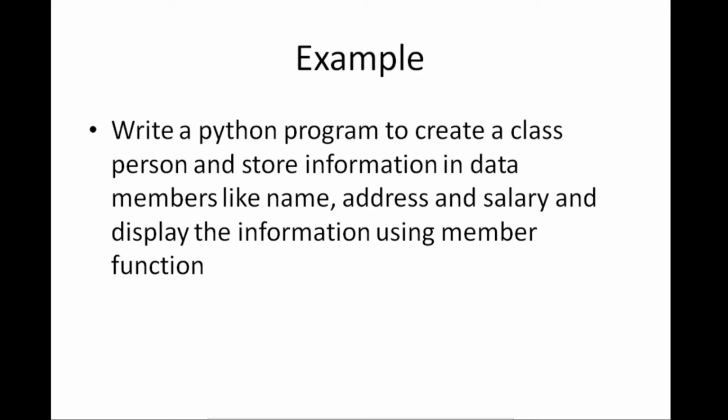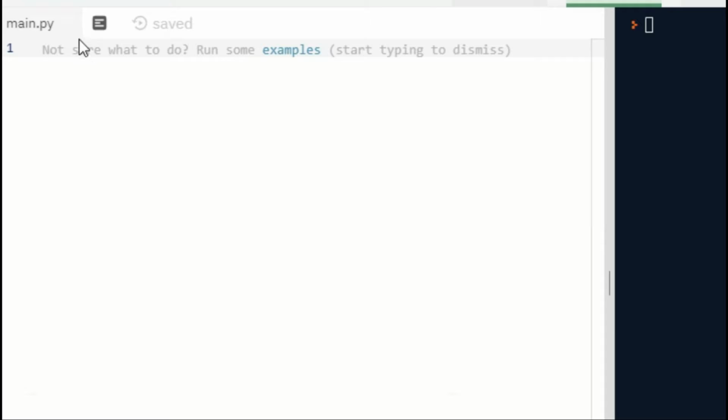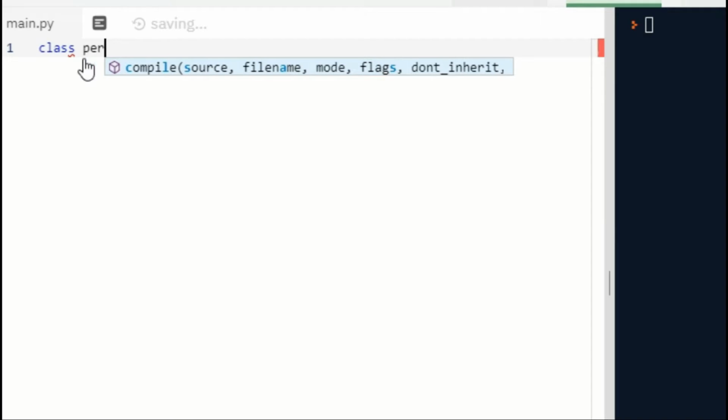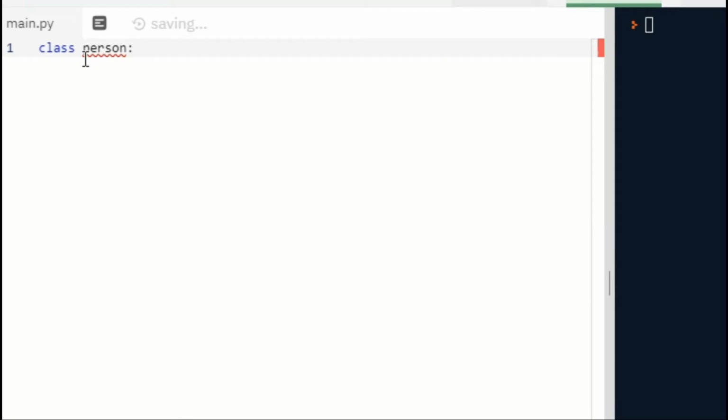Let us have a simple example where we are going to write a Python program to create a class person and store the information. First of all, we have to define a class using the keyword class. Then give an appropriate name to the class, suppose person. Then give a colon. It is a part of syntax.